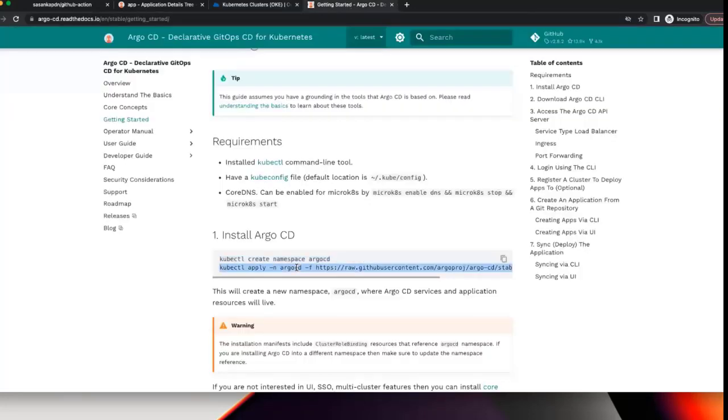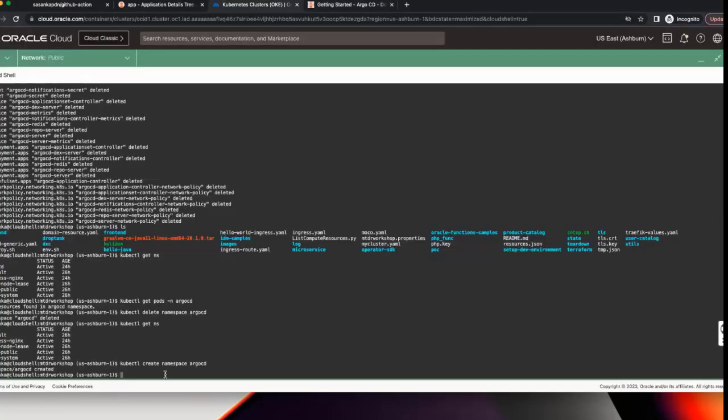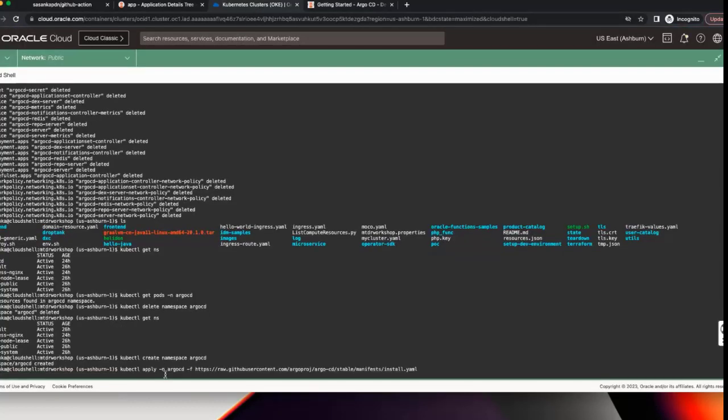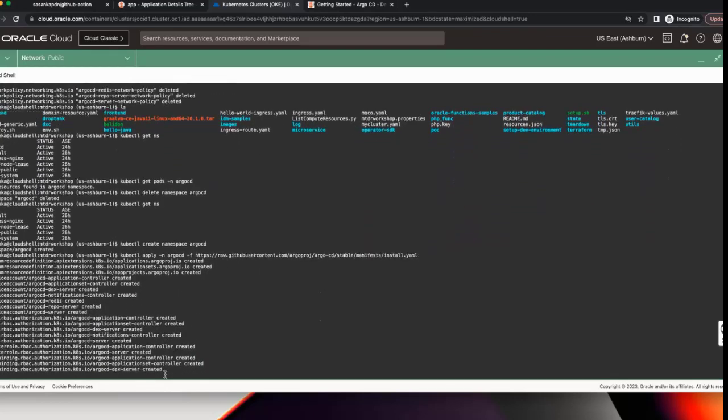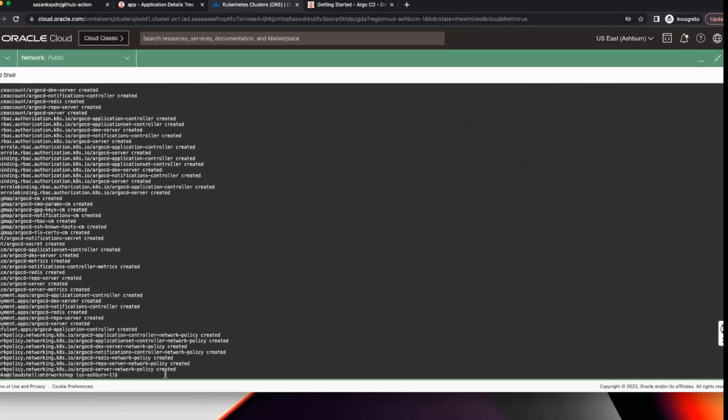And the next command I'm going to run will create all the custom resources and the rollback and the services.